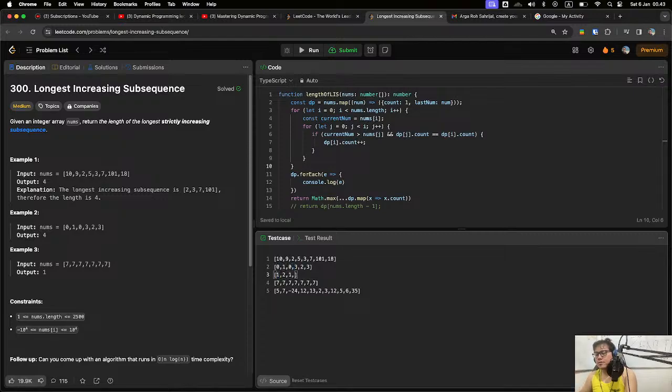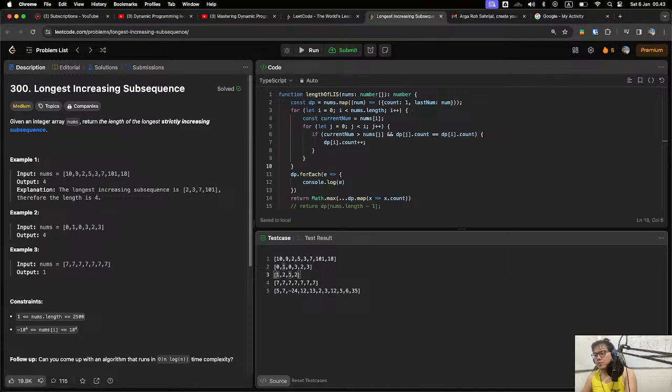So in this position, we can increase by 1 from its previous value of the longest increasing subsequence. Initially it's 1, so we increase by 1, and it becomes 2.